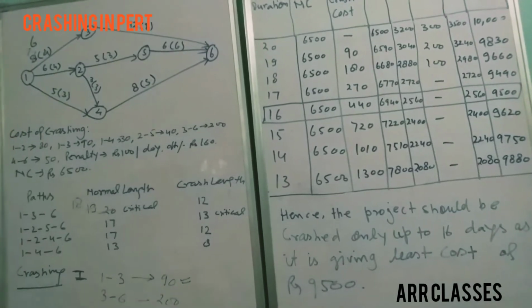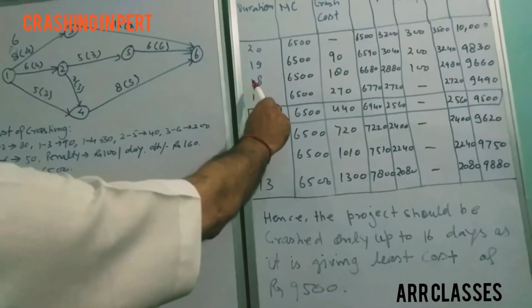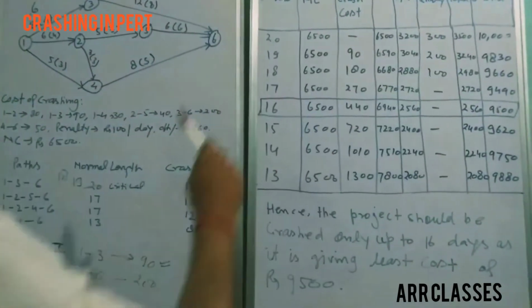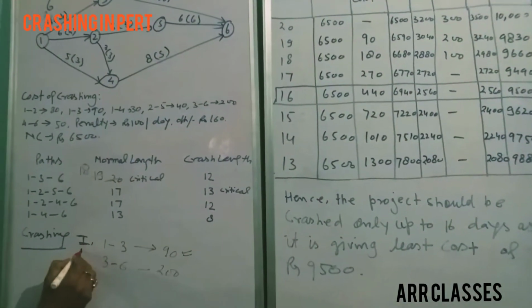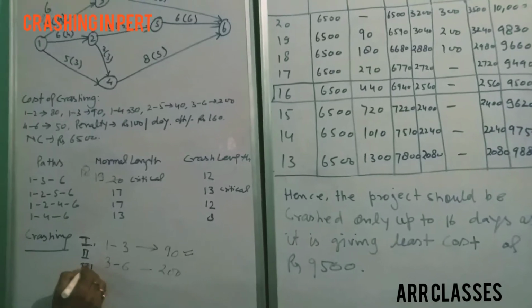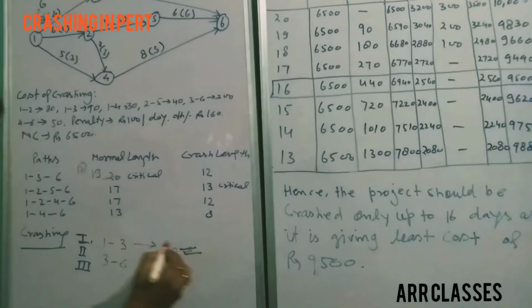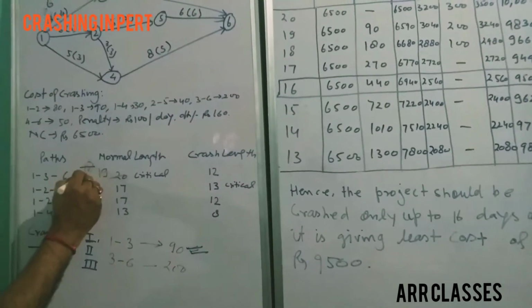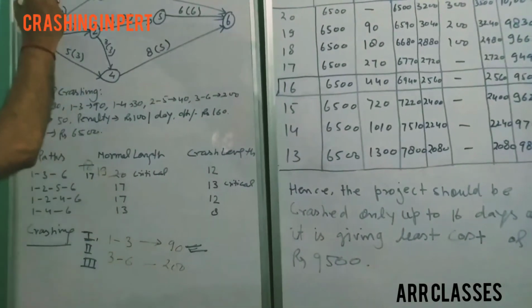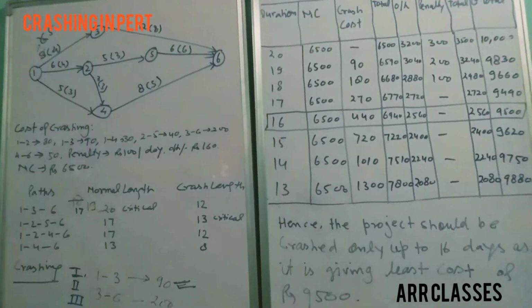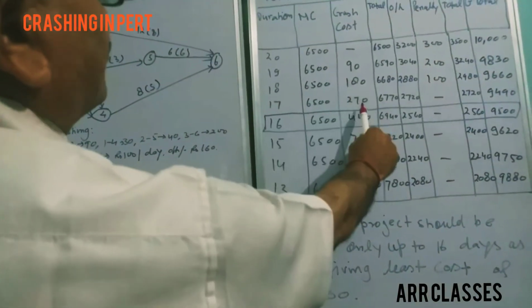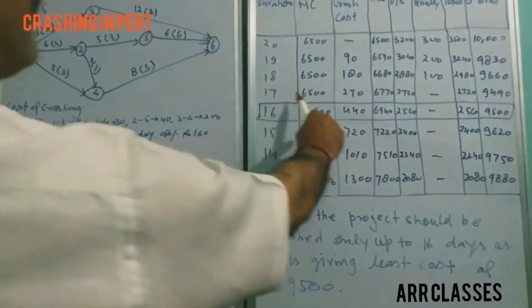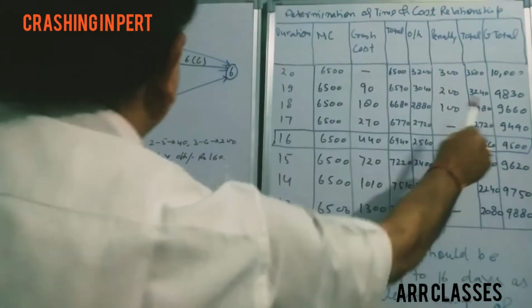Here at this stage at 18 the calculation has been carried out. Now further the second crashing and then third crashing, the same will be considered for the third crashing. So here it is 17, here it is 5, and the cumulative cost of crashing being added at 17 days is 270. So the trade-off comes out, that is 9490.